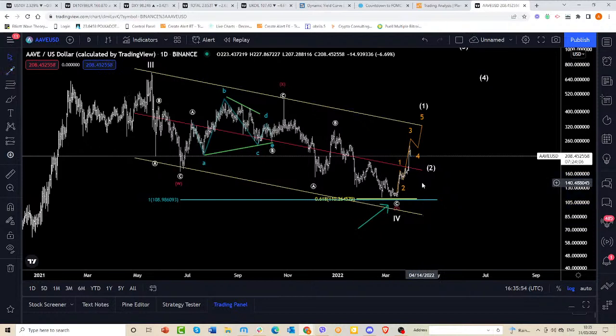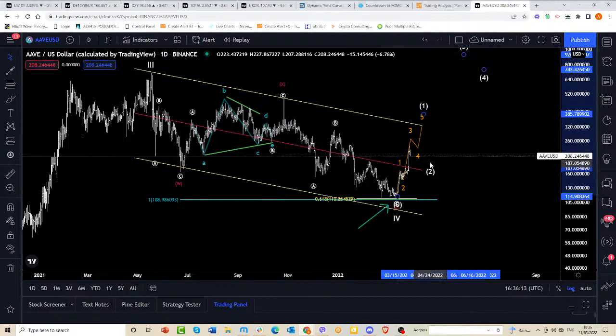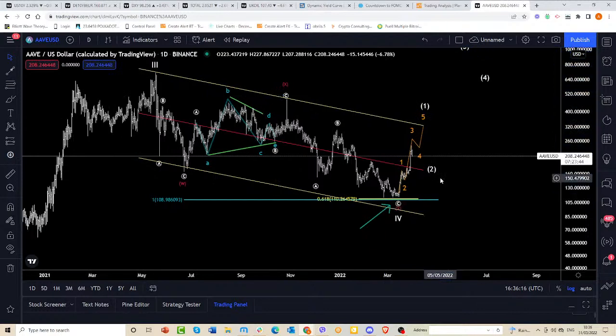We have flagged this to our members and to you much before it happened, but we still need the confirmation. I'm not going to say that Aave is bullish yet. I would like to see more developments on the upside, and then I can say, guys, there is a big probability the pullback is going to be a good chance for a longer term hold. But I just wanted to present this to you here.